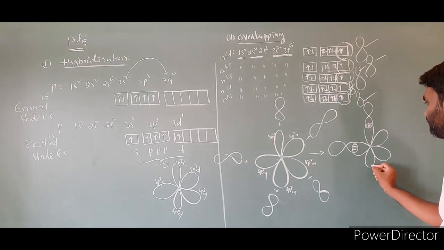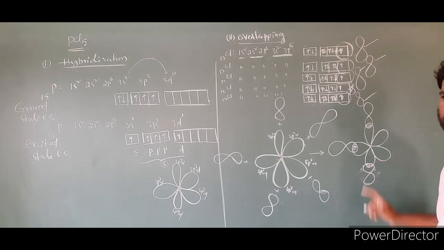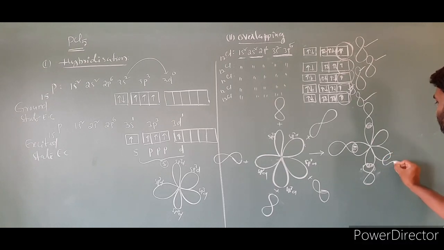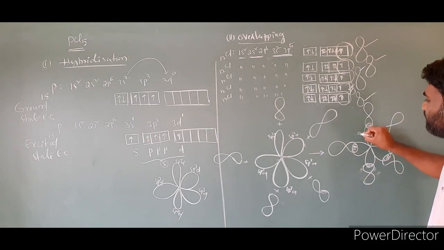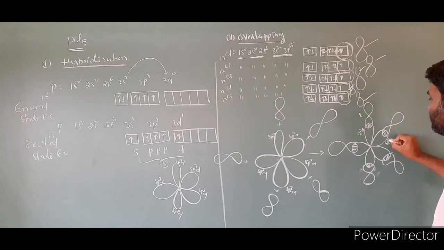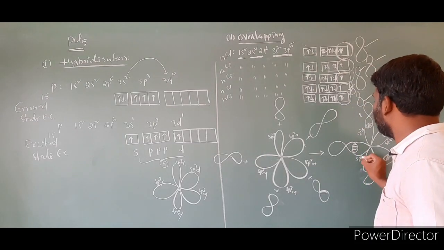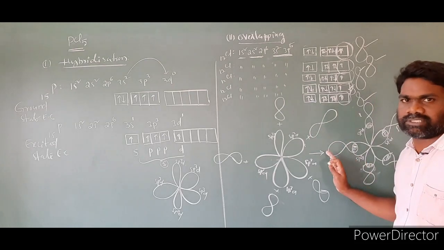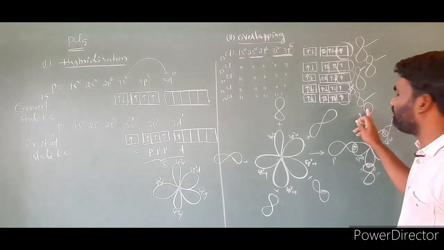I'm doing this one. So this is the overlapping for this case, and this case, this is the overlapping. So this is sp3d, this is a p orbital of chlorine. This is sp3d, this is the p orbital. And this is sp3d, this is the p orbital. We have to label it in the examination while writing the structure. So we have to label each and every time sp3d, sp3d, and this is from the p orbital. You have to label it.